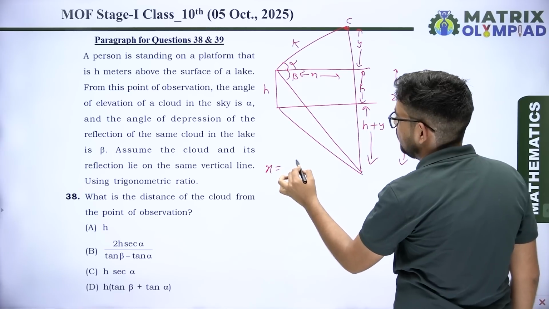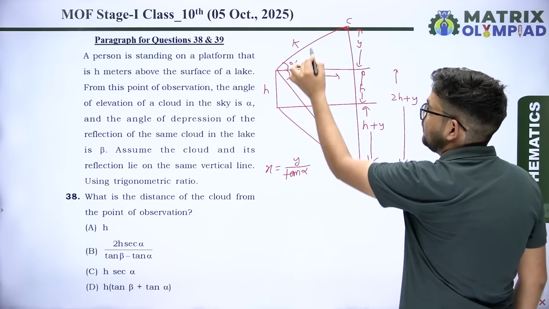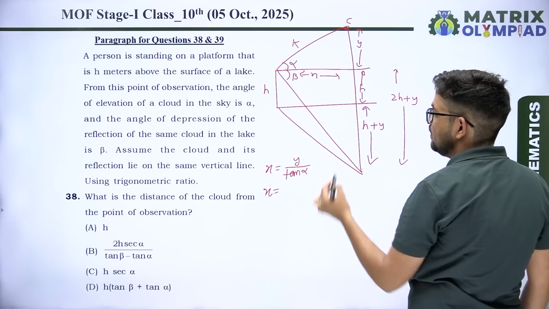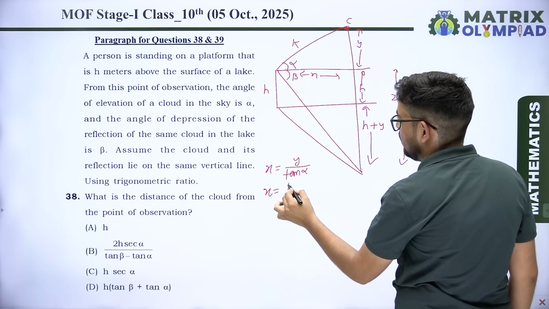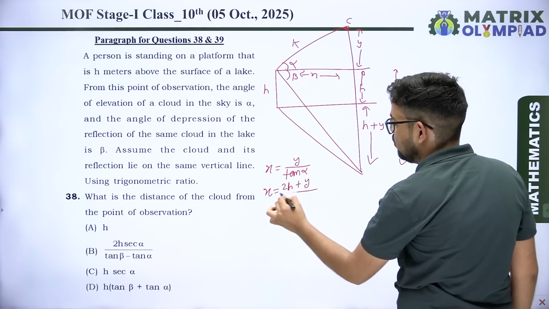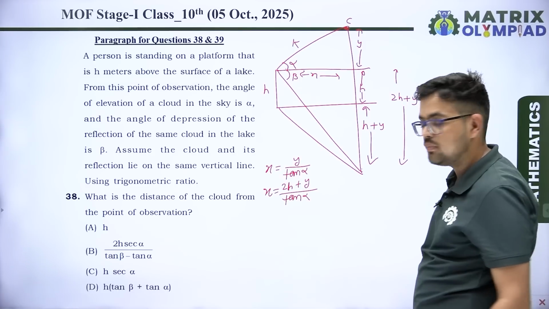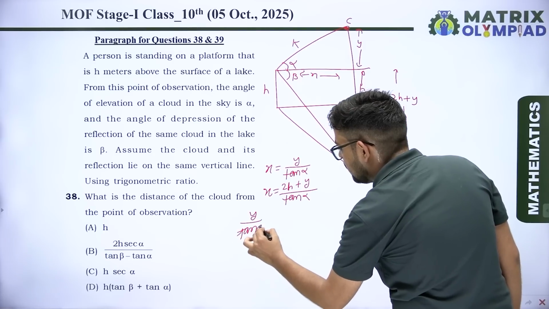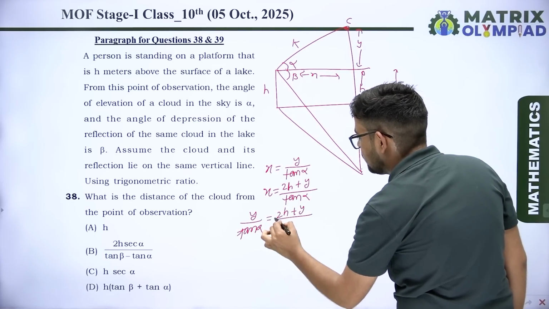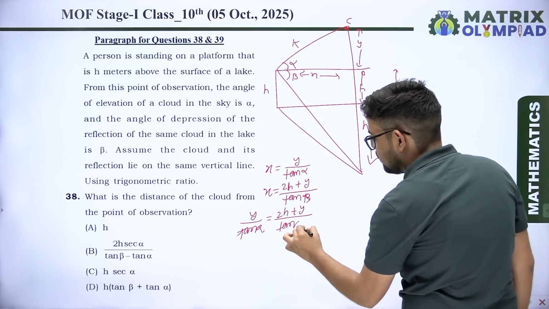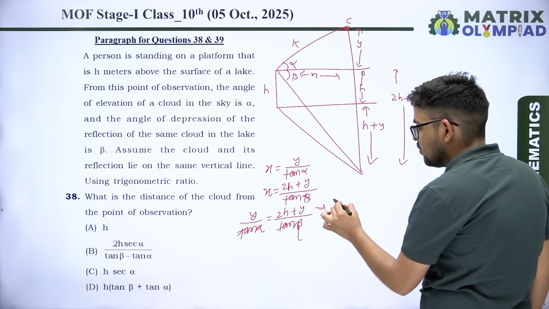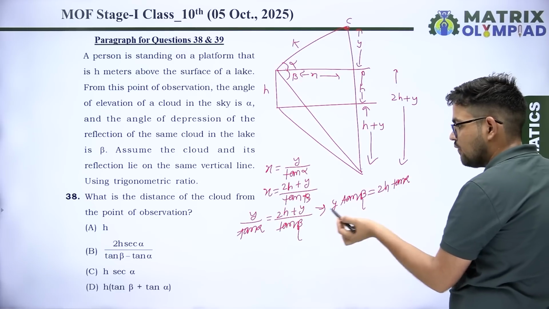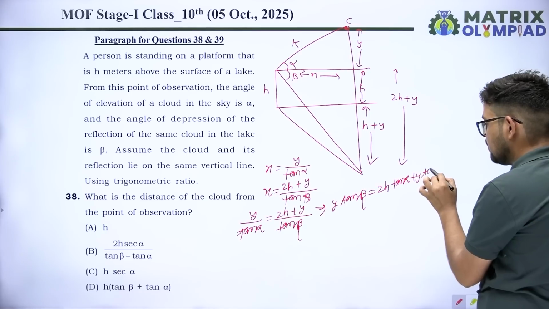x equal to हो जाएगा y upon tan alpha in this triangle, और यहां से हो जाएगा आपके पास में in this triangle x equal to 2h प्लस y upon tan beta। तो x को eliminate कर दो, x को eliminate करोगे तो दोनों को equal रखोगे तो y upon tan alpha equal 2h प्लस y upon tan beta। ओके, cross multiply करोगे तो हो जाएगा y tan beta equal to 2h tan alpha प्लस y tan alpha।